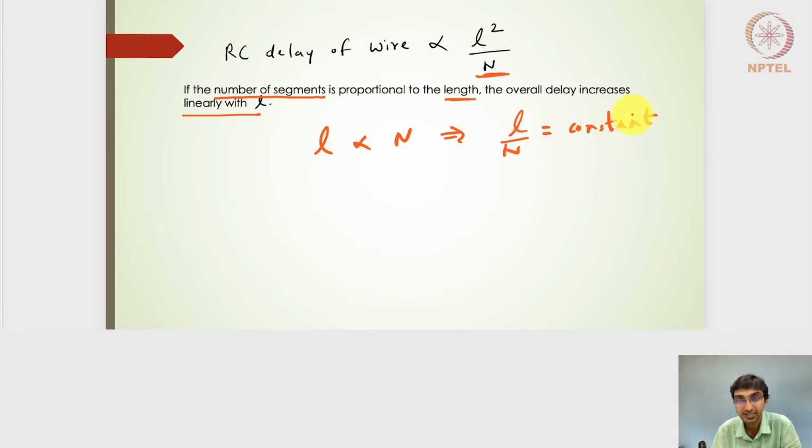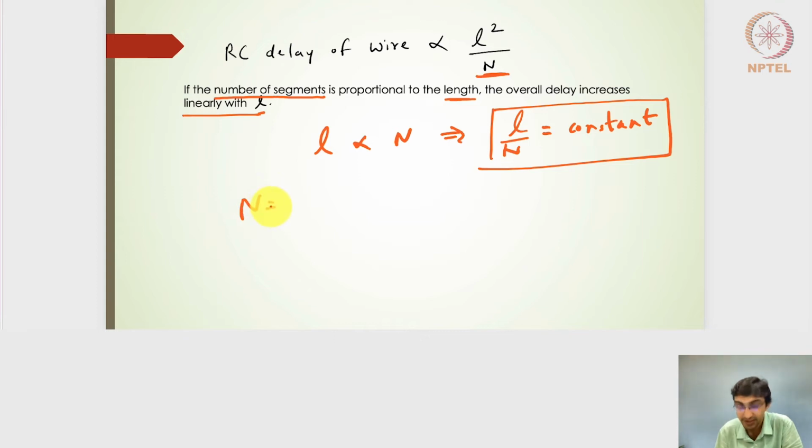So then my RC delay of the overall wire will be linearly proportional to the length of the wire, right? So what it really means is, suppose the number of segments I've created is, let's say, 5 for the length of 10 mm,